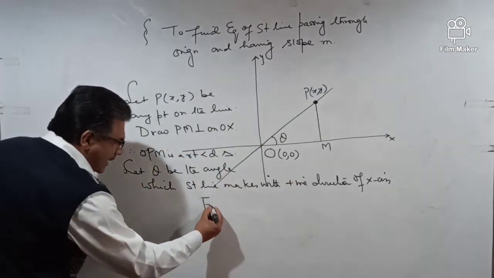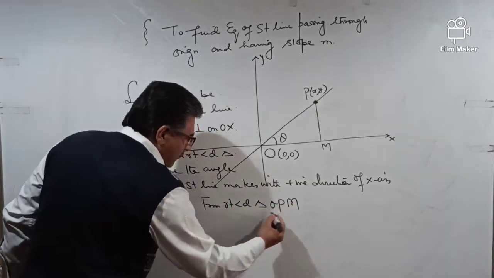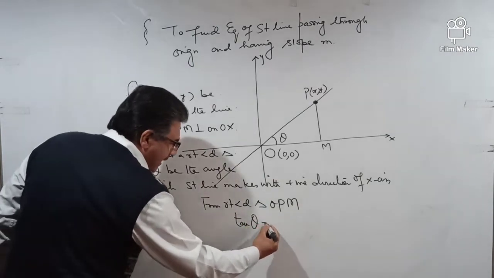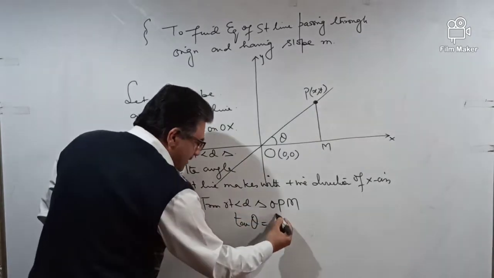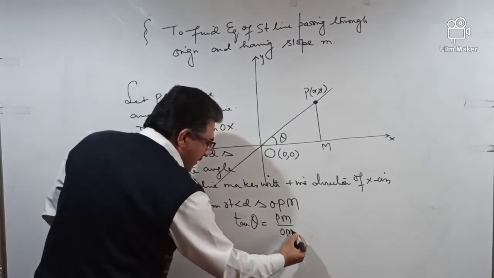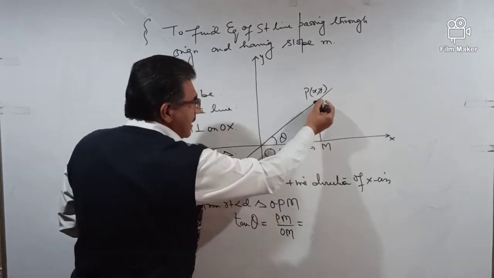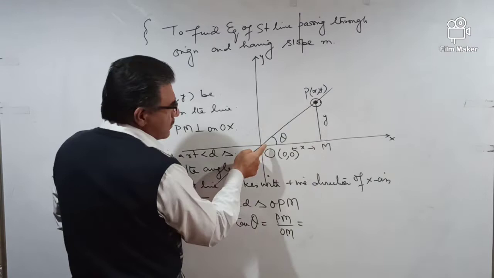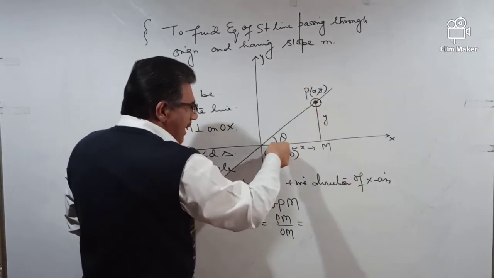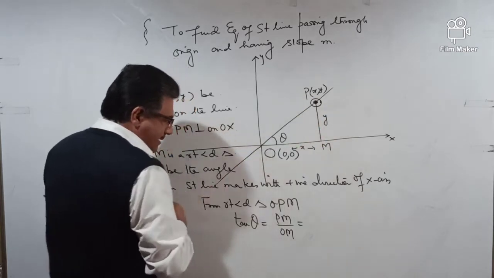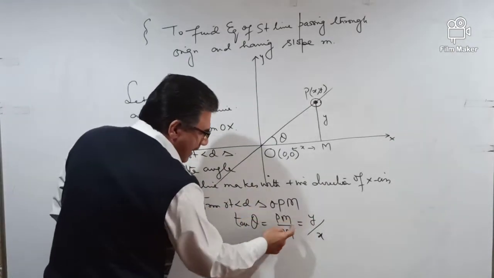Therefore, from right angled triangle OPM, what is tan of theta? Tan of theta किसके बराबर है? Tan theta is perpendicular by base, that is PM by OM, which is equal to PM is the height. See, this is height and this is x. Because अगर हमने इस पॉइंट का नाम रखा है (x, y), उसका मतलब है यहाँ से यहाँ तक हम x गए हैं और ऊपर हम y गए हैं, ताकि हमने इसका नाम y रखा, इसका नाम x रखा. So that is y divided by x. Because PM is y and OM is x.